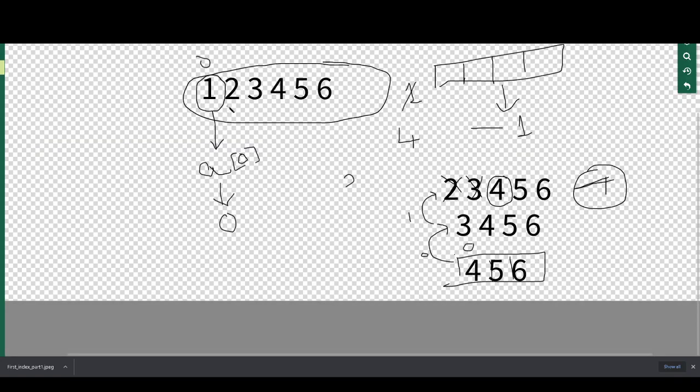So this is the 0, this is the first part. We will give it second, and it will give out the third. So this is how we get an output of 3. This is an expected output.